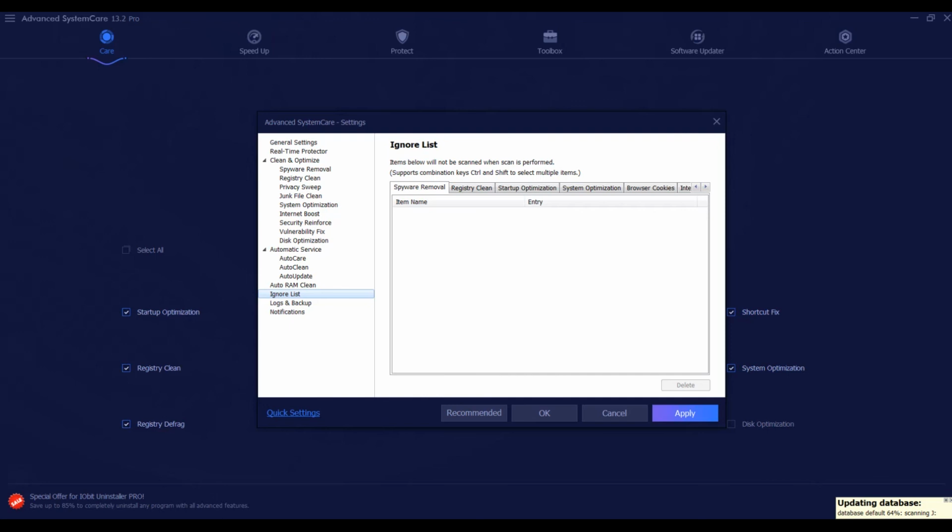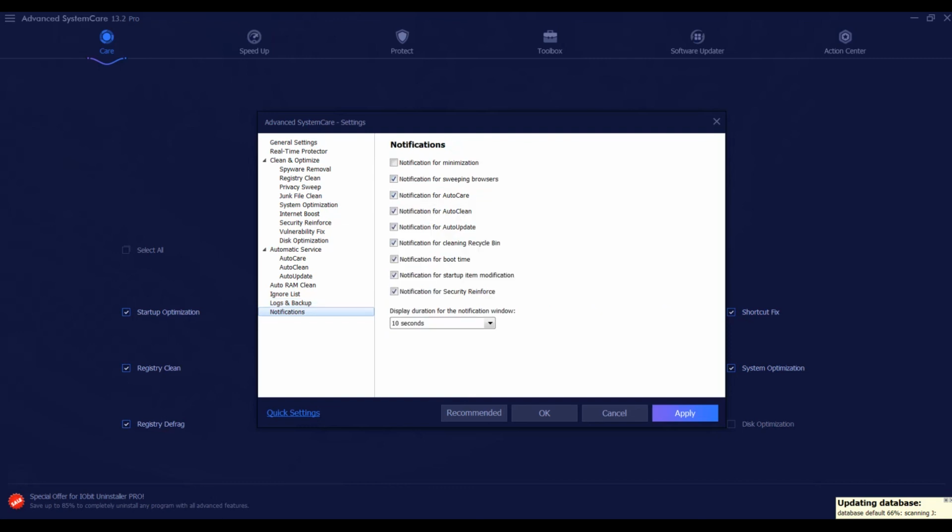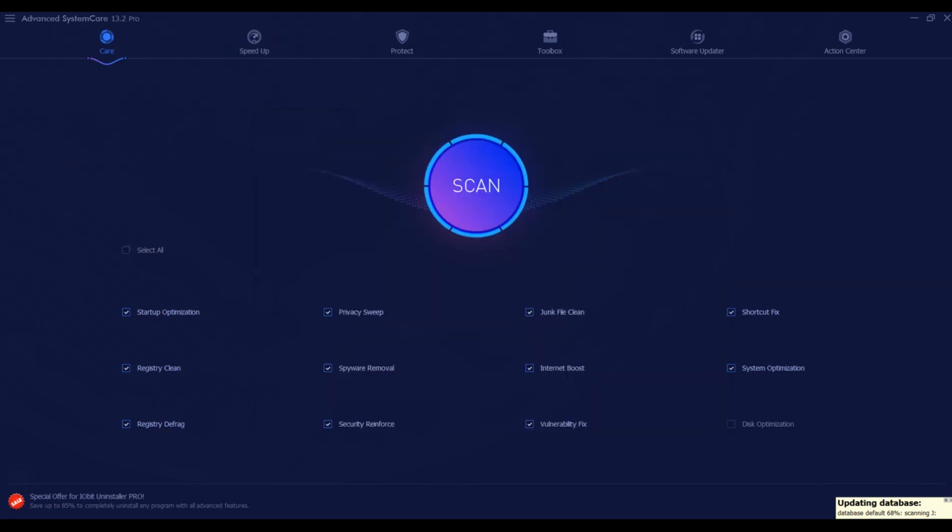So you might have, say, your AI package inside Flight Simulator, you might want that to not be scanned and not cleaned at any time, okay? And then logs and backups, and there's always logs and backups. This will create its own log. I want logs turned on so I can go to them and see what it turned off or deleted or undeleted, okay? And then you've got all your notifications here, notification for minimization. You don't have to have notifications, and when it's got a little pop-up, I only want it to pop up for about 10 seconds. And then you'll hit apply, right? I've done that, so I don't need to hit apply. And that's basically the program, and that's Advanced SystemCare